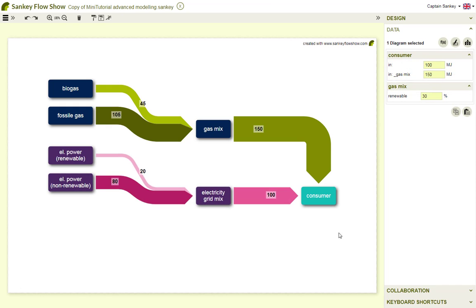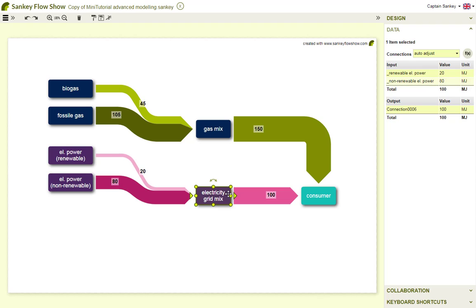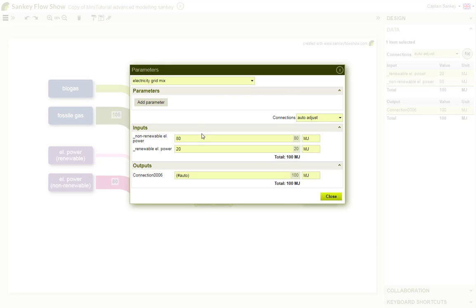One more thing I would like to show you. I have added some items and connections for electrical power. Similar to the gas example, there is a renewable and a non-renewable share. Now, we want to synchronize the gas and the electricity. In other words, we want to change the value of renewable, and it should have an effect on both the gas and the electricity. We open the parameters dialog of the electricity grid mix, and in the input lines, we